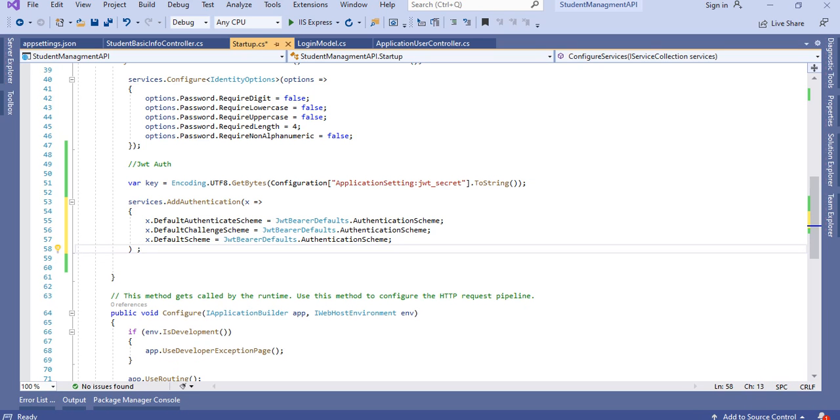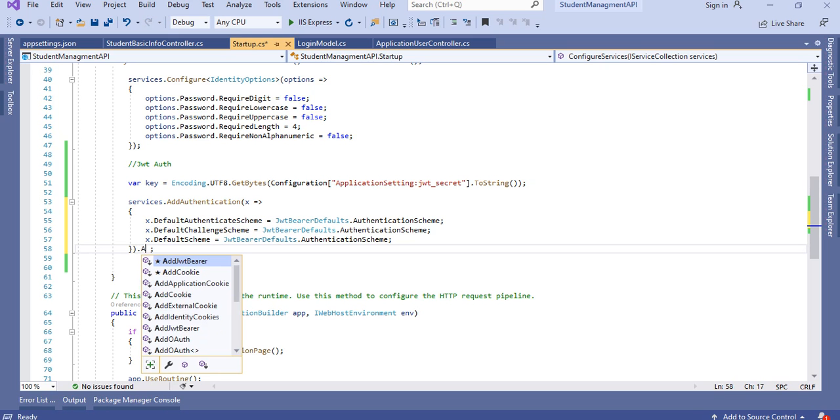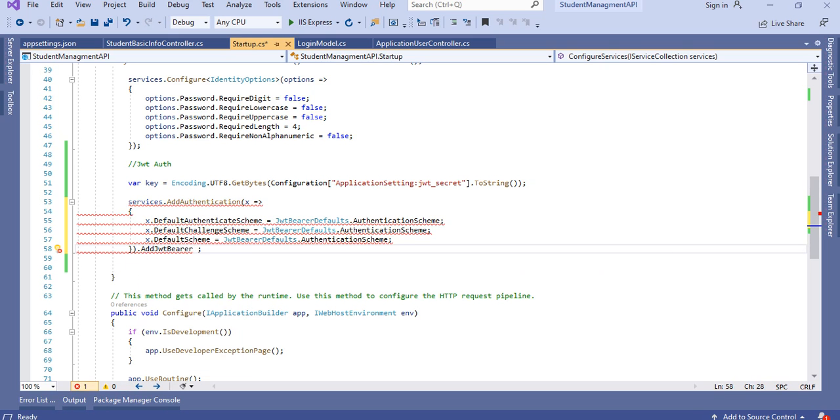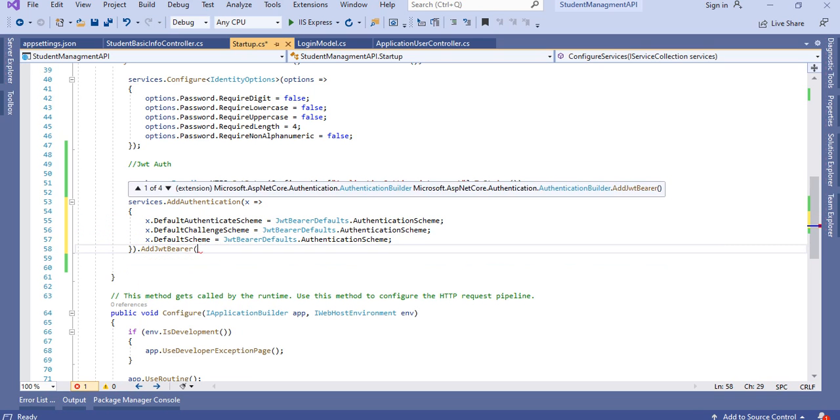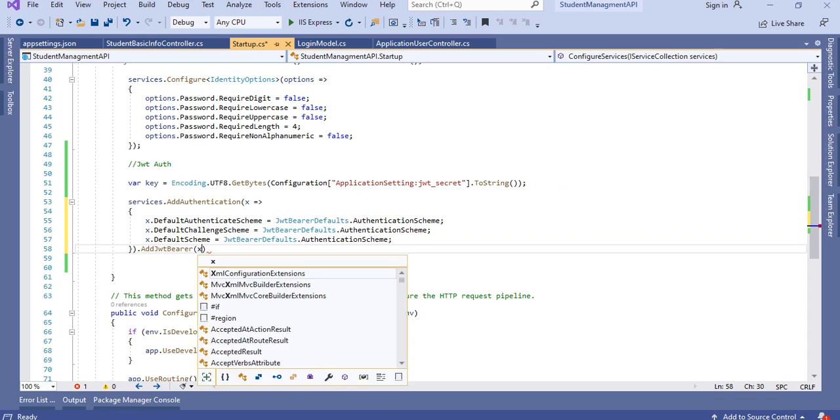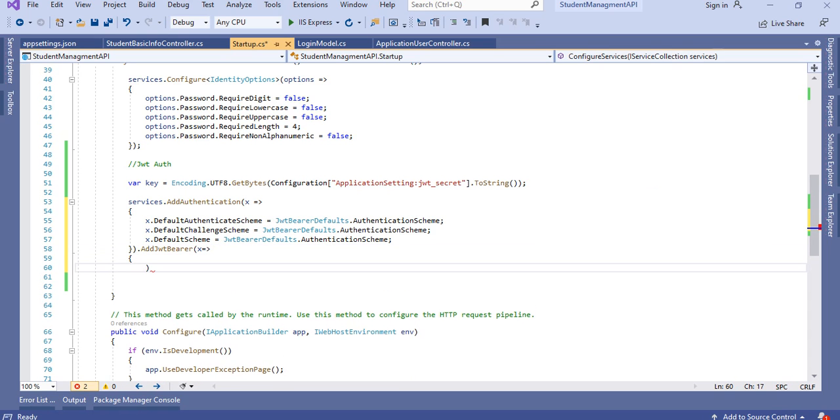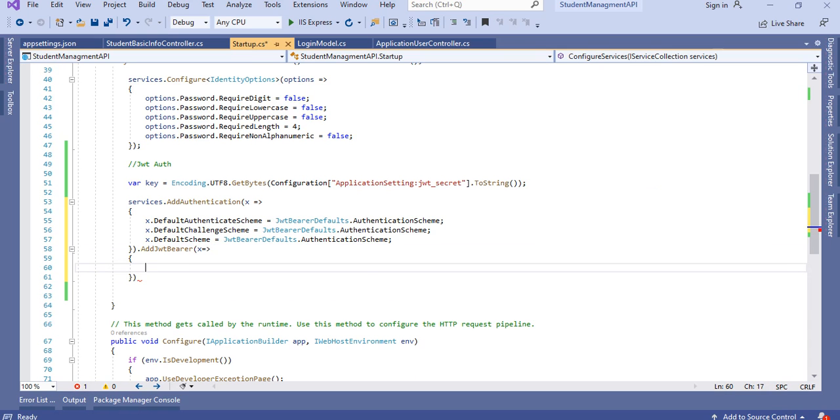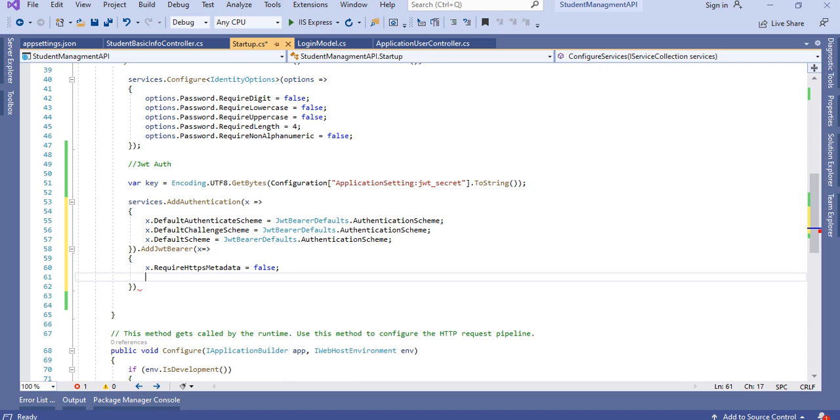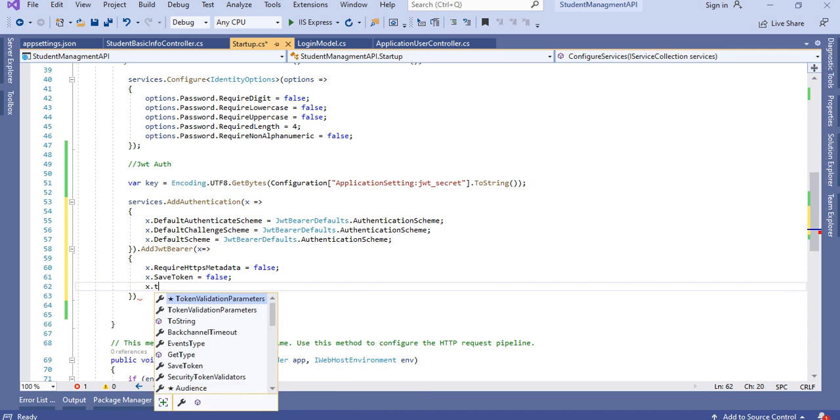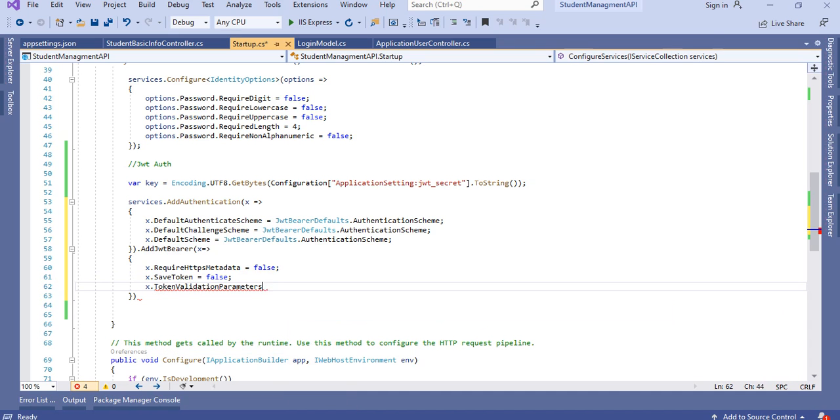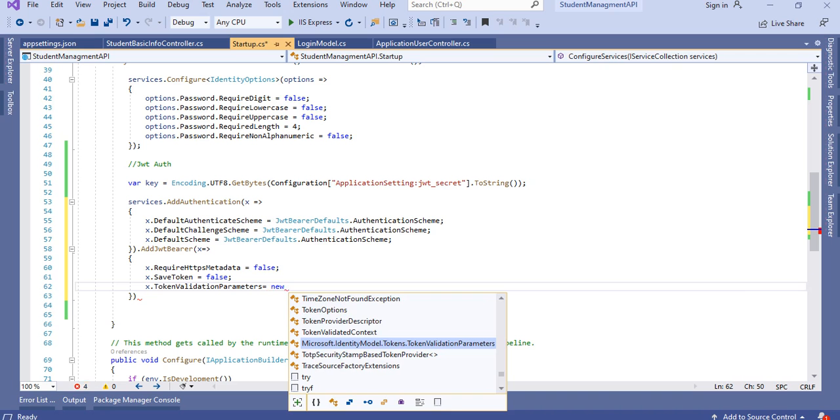let's take it here, dot AddJwtBearer, and here we have to add, and inside this one we have to write x dot RequireHttpsMetadata equal to false, and x dot SaveToken, that we have to make false because we are not going to save it, and x dot TokenValidationParameters, that we are going to give as new